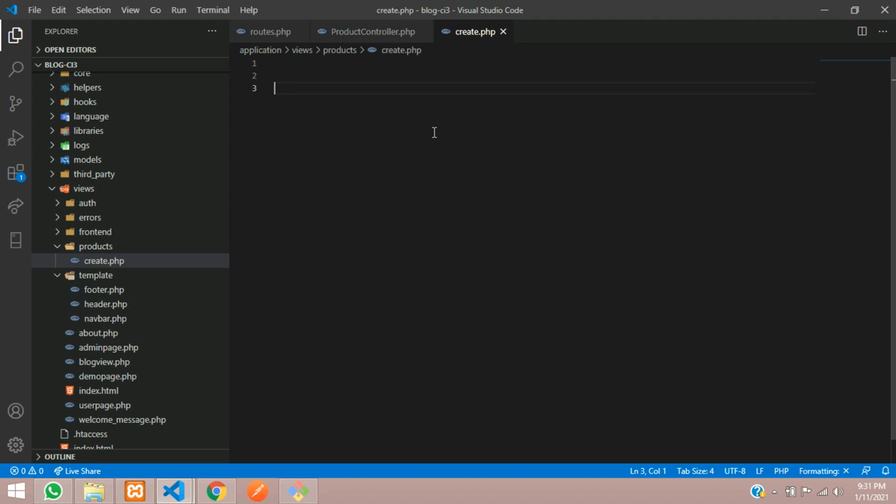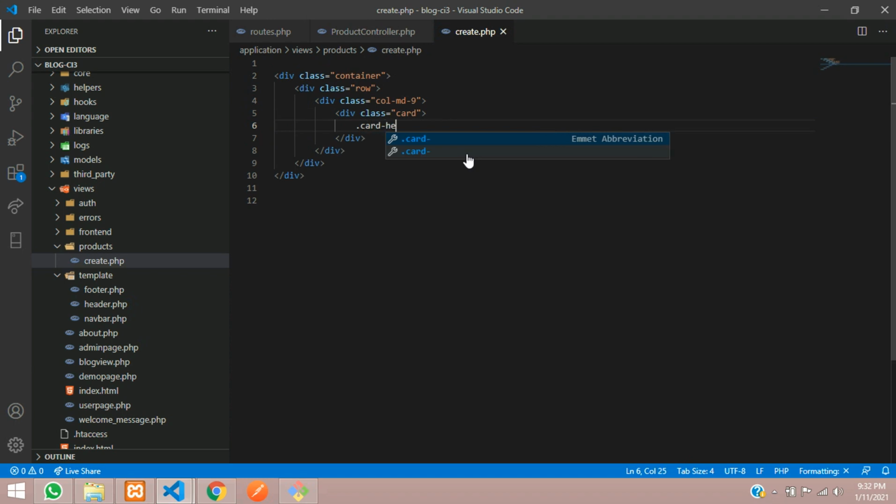Let's finish it soon. Okay, so let's type container where I'm using Bootstrap. So let's design that Bootstrap format for the output. Column md9, I will just take and insert this. I'm going to design one card. So card, where card header,